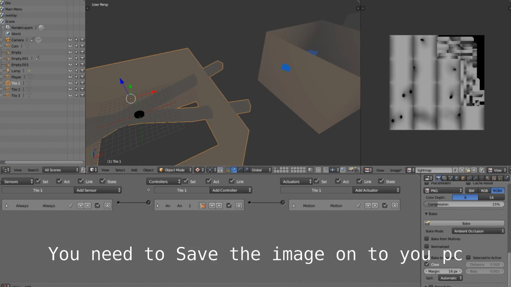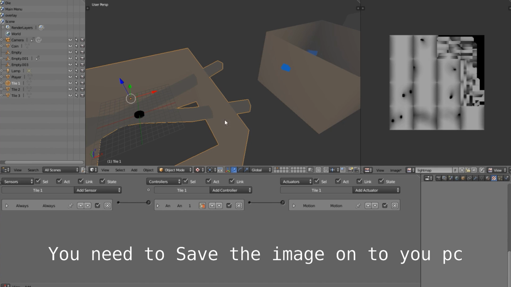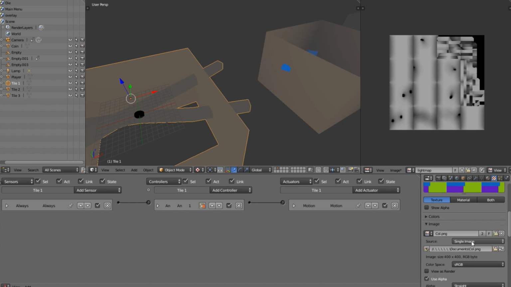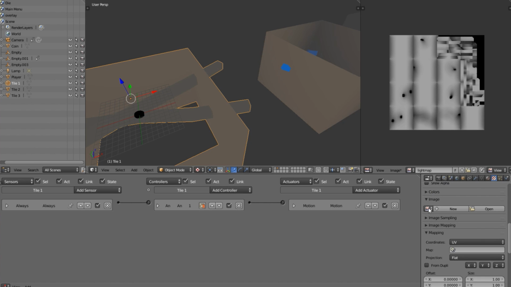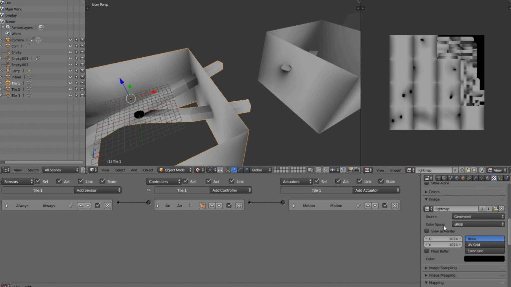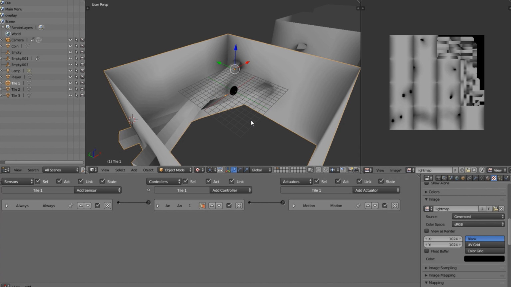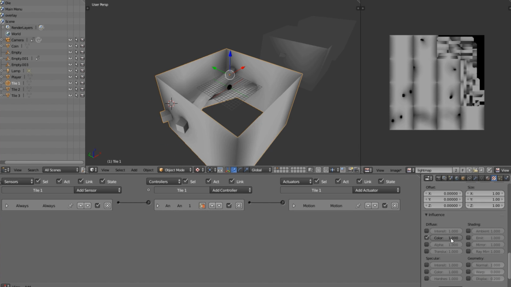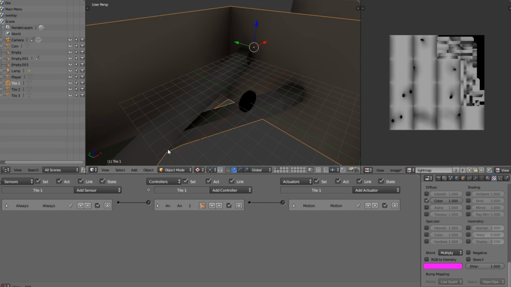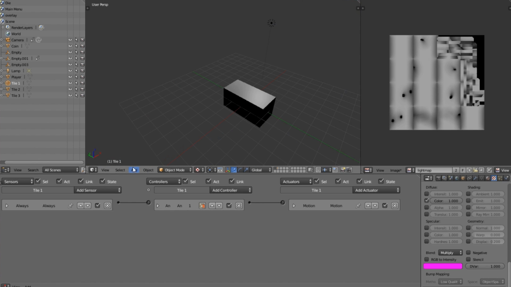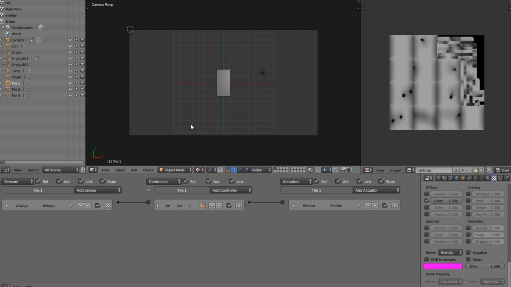Alright, so now that ambient occlusion is baked, we can go back to our object, our material, and we can go ahead and go new. We can go ahead and open up this light map. It's even got the name light map, which is awesome. And we can go ahead and say blend mode, multiply. And as you can see now, what you'll see is if we come back here